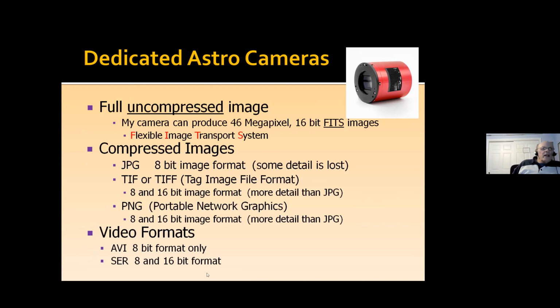You know, my camera can take video, okay? And a lot of cameras can. And there's basically two types: AVI, which is in 8-bit, and SER, which are 8 and, more importantly, 16-bit. When I take video formats, I like to take them as SER in 16-bit so that I can capture the most amount of information that I can about whatever it is I'm taking a picture